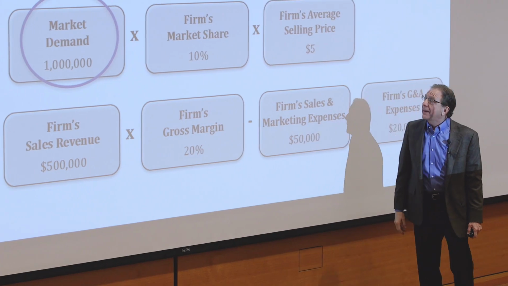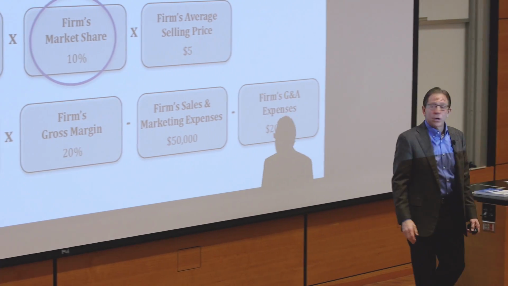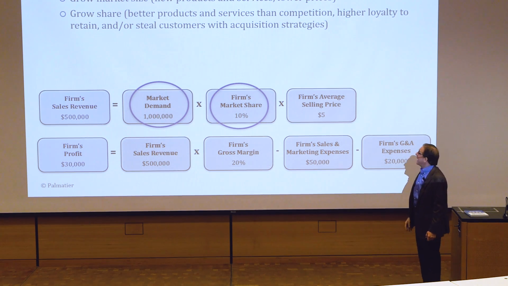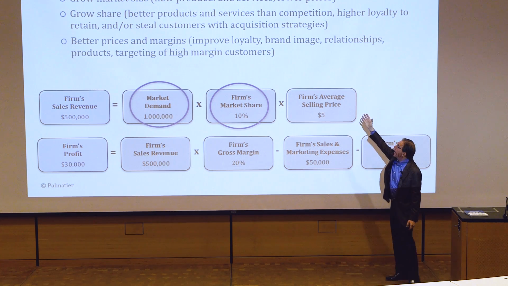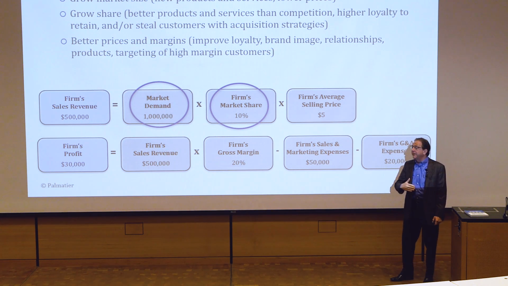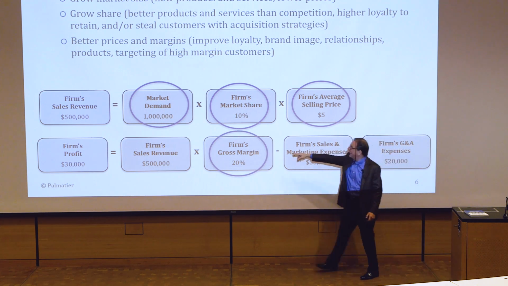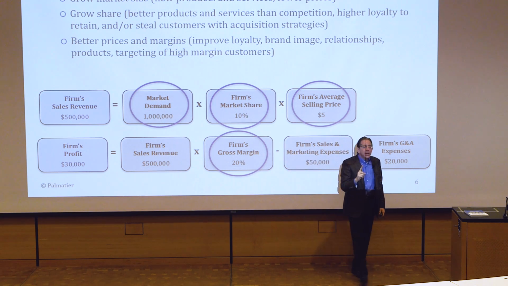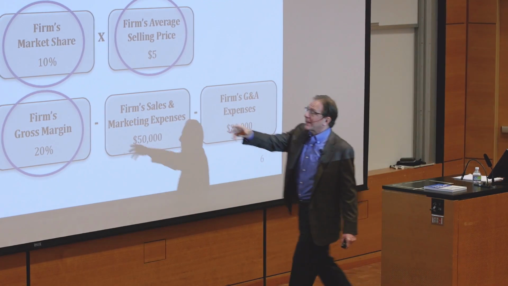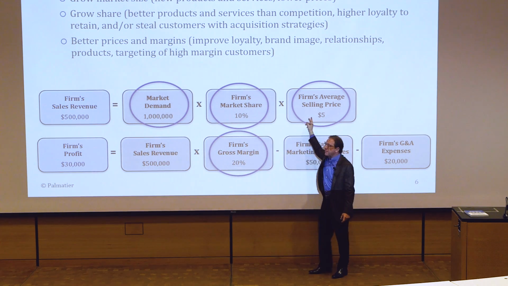When they launched a new product, did it help their individual share? Yes, they were able to steal share from the competitors. So when they launched that new product, it made the market bigger, it gave them a larger share, and if you have better products, it also made better prices and margin because their product allowed them to charge a premium. And so what did that happen? It impacted the firm's selling price and it impacts the firm's margin. So we can look, one marketing initiative like a new R&D project where you launched a new iPhone impacted the firm's sales revenue in 3 ways. It made the market bigger, it gave them a larger share, and it gave them a higher price.